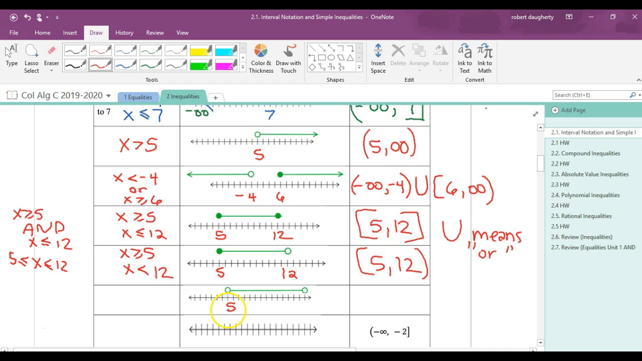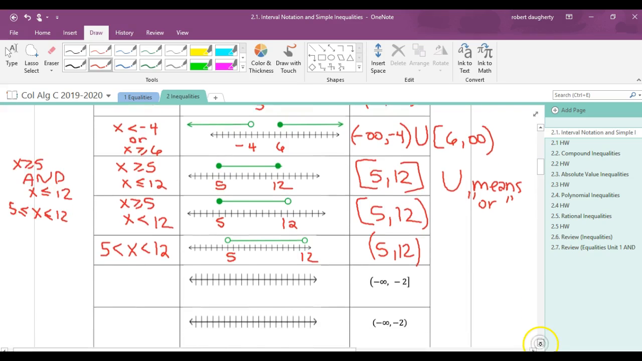And then if I'm continuing on with this same problem, if that were 5 and 12, this is all the numbers that are what? Less than 12, greater than 5. And what's the interval here? 5, 12, and both of them have parentheses. Okay, you've done this, right? So